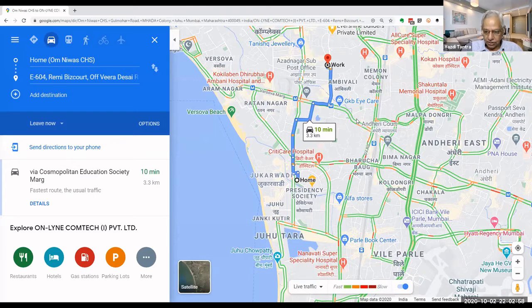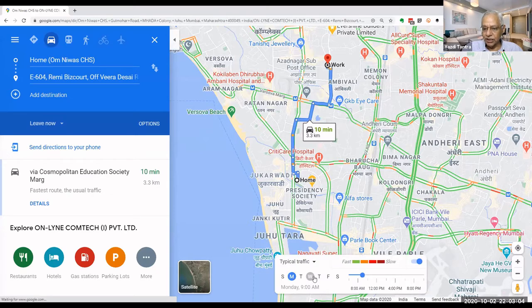But now, apart from the live traffic, suppose I want to know the typical traffic tomorrow, or say on Tuesday at 10 a.m., what will the traffic be like? Now you see the traffic has changed.